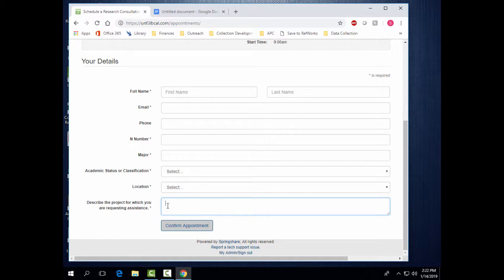And then the really important thing is describing your project. What do you need help with? If what you put here is, I need help with my research project, I'm going to show up and do no homework. If what you put is, I'm taking biology sophomore seminar and I'm writing a paper on something,